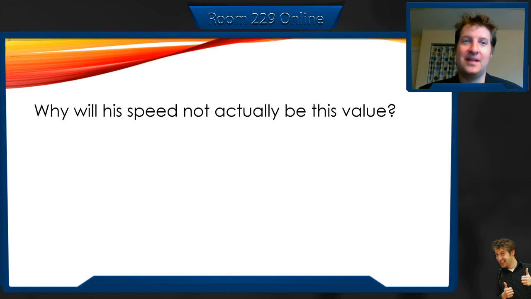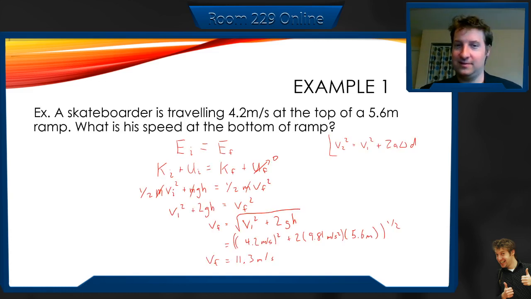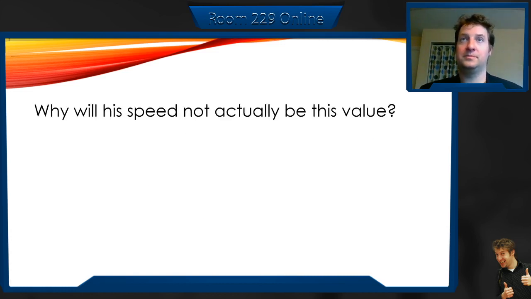Next question. Using this analysis, his speed will be about 11.3 meters a second. Really, using proper significant digits, let's just go with 11 meters per second. Notice that I'm not using this as a vector, I just kept it as a scalar. Keep things simple. Notice there's no problem with vectors, no problem with x's and y's. It's only energy. It doesn't depend on the path. It's not a geometric problem.